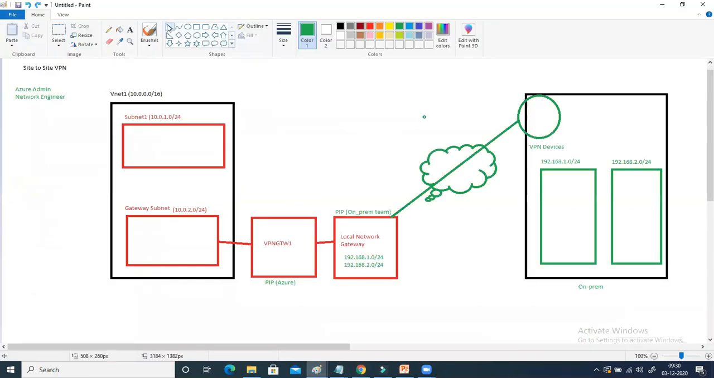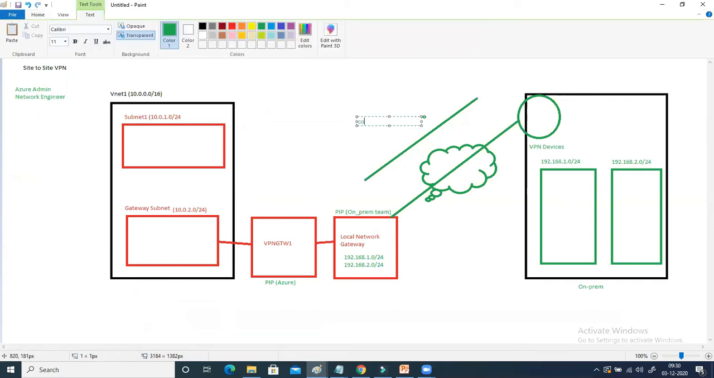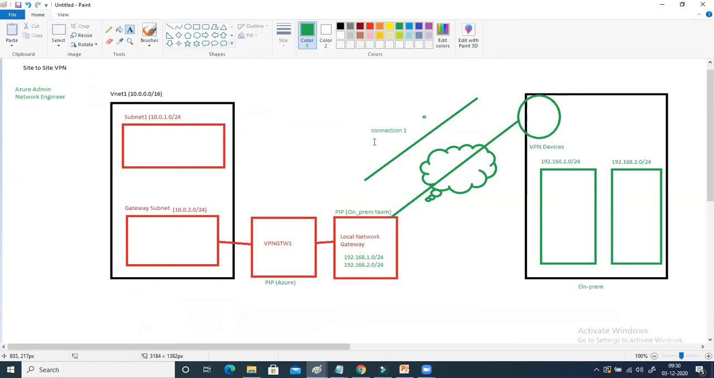this direction. So from here to here, I'm trying to create a connection now. So name of this connection I have given as connection 1. Fine. And in this, I have given my shared key also, that is np@123456, right? So this is the connection which I'm supposed to make as an Azure administrator,